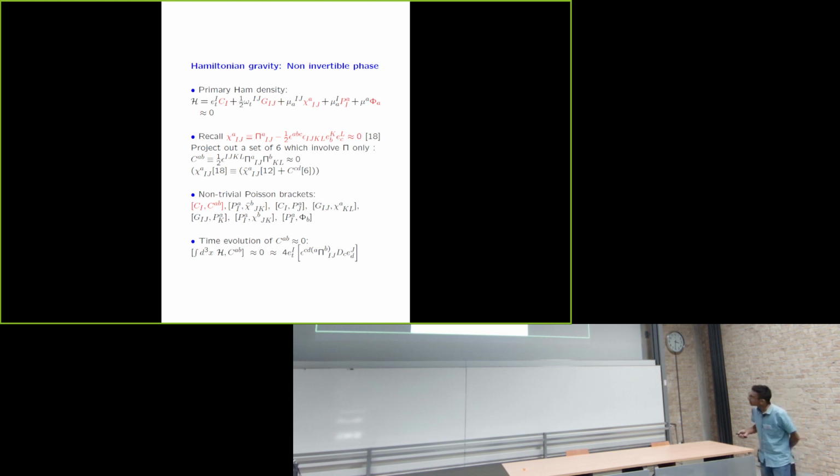However, there is another possible solution where you can have this to be 0, which is the time component of the tetrad, and which corresponds to a degenerate tetrad, because these are four of them being 0, so one full row or column is 0. And then this may be non-zero, which is different to the standard constraint analysis of Hilbert-Palatini gravity. So this is the case we want to consider.